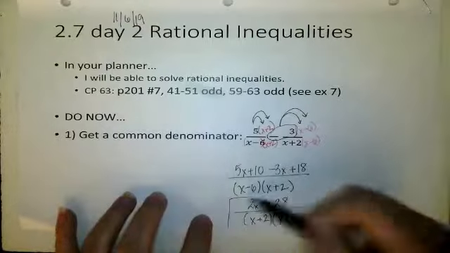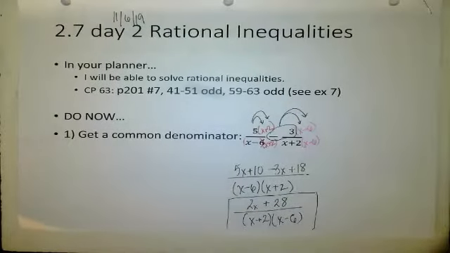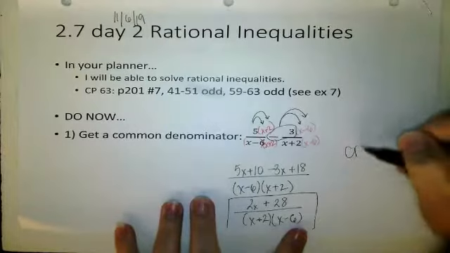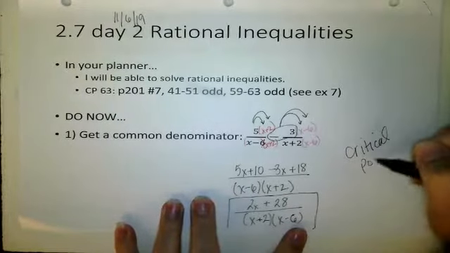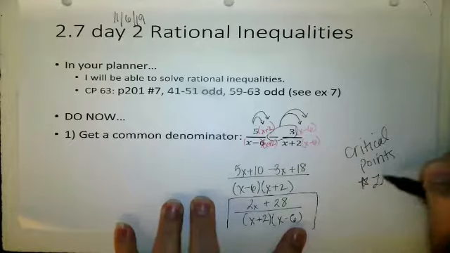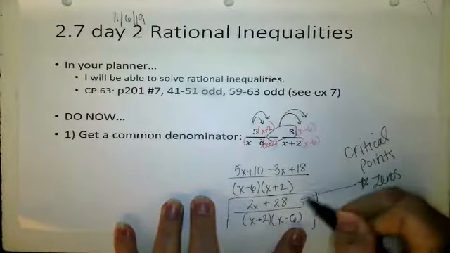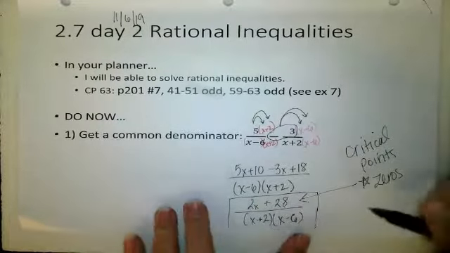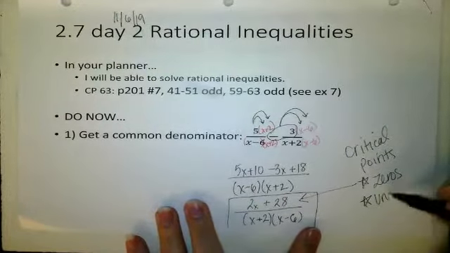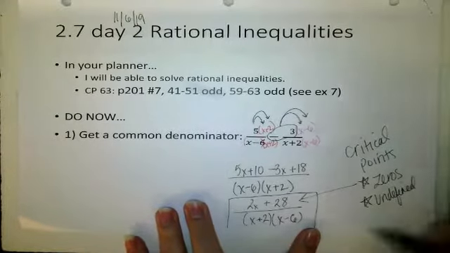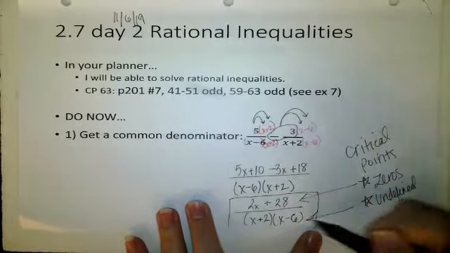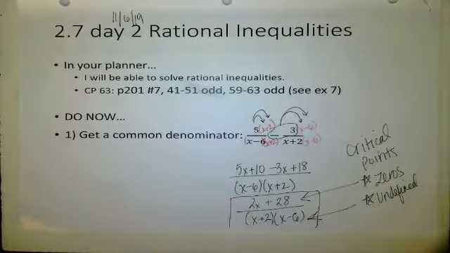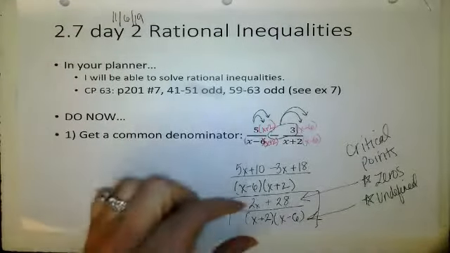Okay, and so this is what we want to get today. We're going to have a nice common denominator for our fraction. And so when we're in this rational fractional form, we need to find the critical points. And the critical points occur by looking for the zeros. Zeros come from the numerator. And then the other critical points are where our function is undefined. And undefined comes from the denominators. So if you have this single fraction format, then that's pretty easy to go ahead and we'll find all those